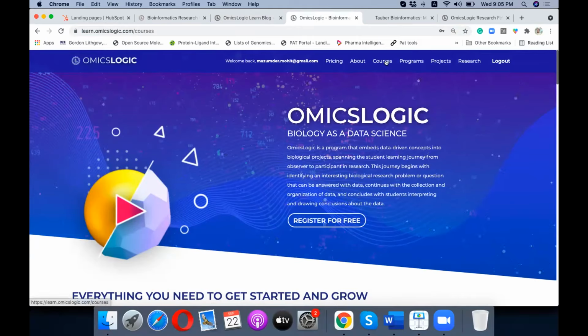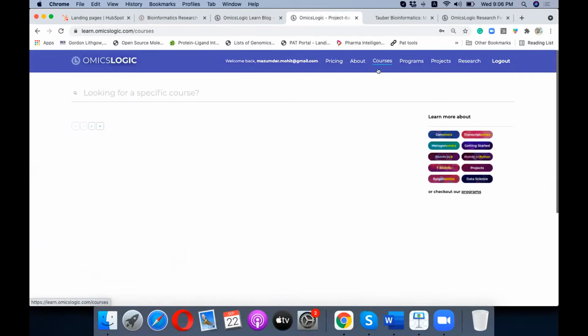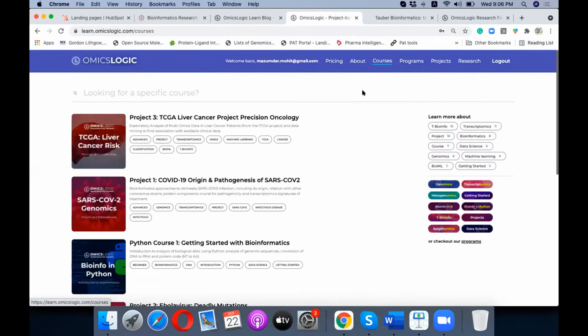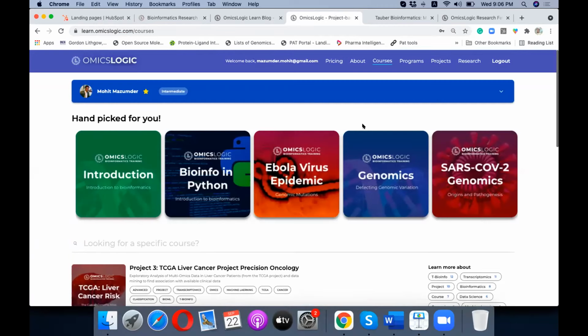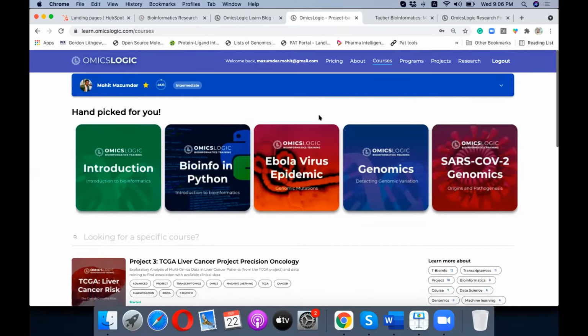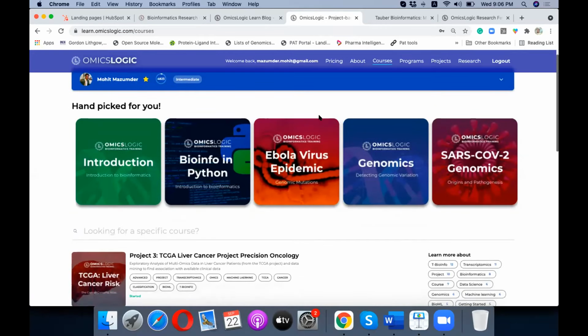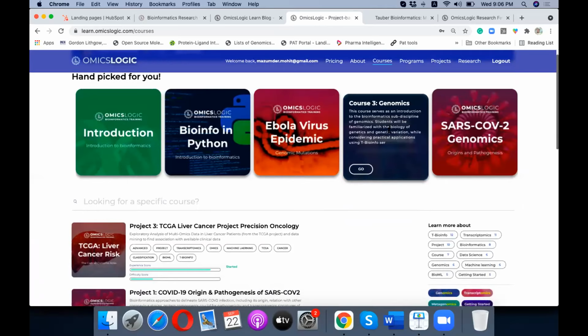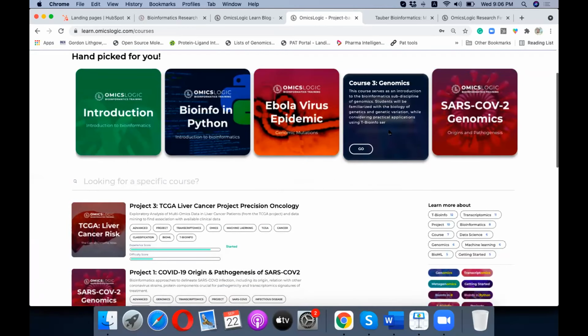Doing the courses is very important. With the research fellowship program, you get a subscription to the Learn platform to explore all the courses and all the projects that are available on the Learn platform. We have a number of courses described by 6 data types, as we already discussed, which includes introduction to bioinformatics for those who want to learn from the very beginning.